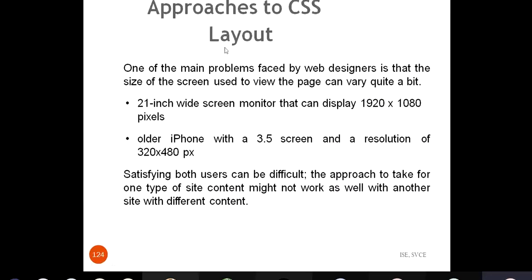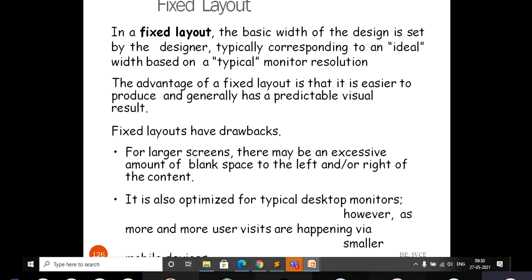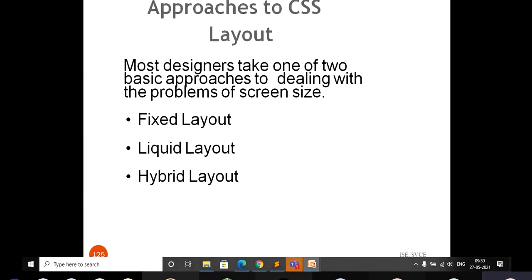In the last class we discussed approaches to CSS layout. Here you can go through the different approaches I mentioned: fixed layout, liquid layout, and hybrid layout. In the fixed layout, whatever size you create for the web page, you are going to fix it.